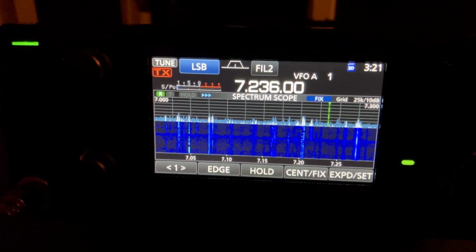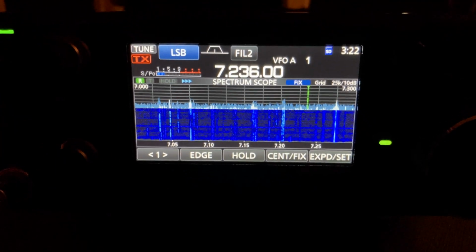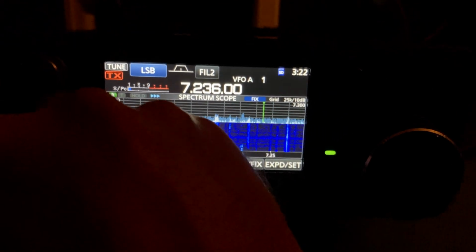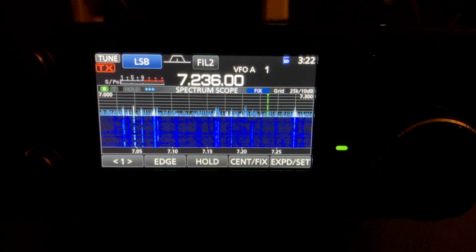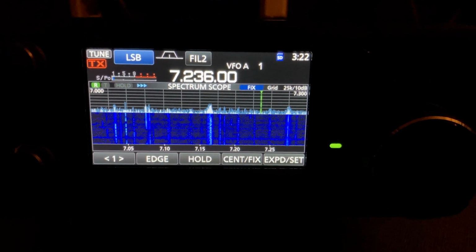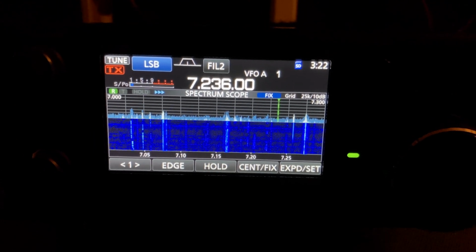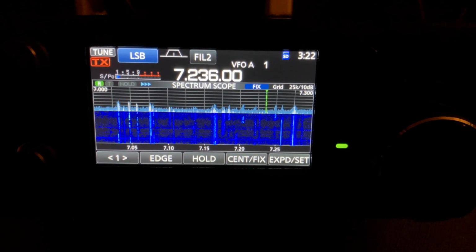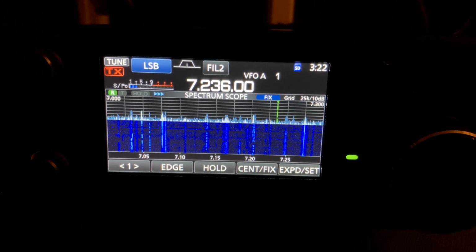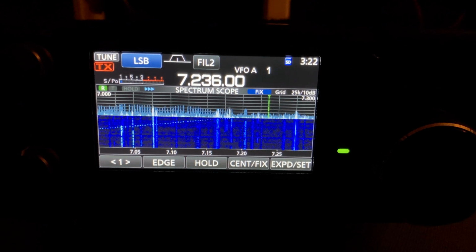All right, so what do we think about this Homebrew Cha? I've spent several days attempting to make contacts with this antenna, and unfortunately, due to some of the solar storms and things, conditions have not been the best that they could be. So I haven't made a contact on the Homebrew antenna, but I also haven't made a contact on the Super Antenna, and I know that that Super Antenna is reliable. Based upon how I saw that receive was coming in at about 2 S units below the Super Antenna, I think that this is probably a usable antenna. I unfortunately haven't been able to make a contact in order to confirm how I'm getting out on the antenna,